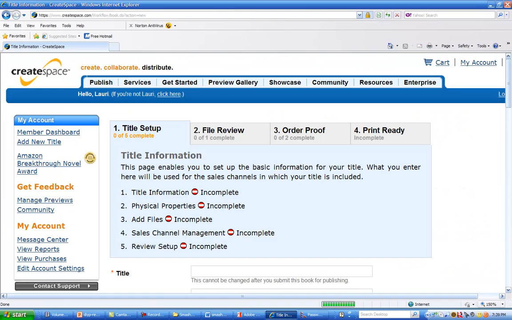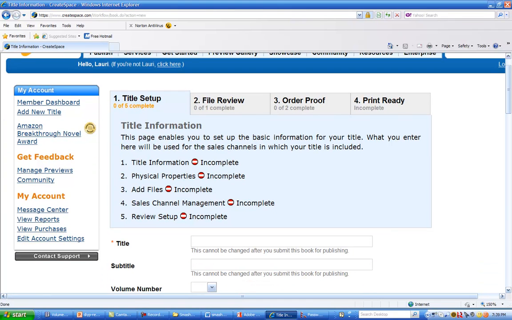Here it shows the essential process. There are 5 pieces. You need to put in your title information, the physical properties like the dimensions of the book. You want to add your files. You want to indicate what your sales channel is going to be. And then you want to finally do your review setup. This is all a part of the initial setup of the book. You will also have file review, if you notice at the top, order proof, and print ready. We'll go through all of that with this book. So again, I'm going to use Export to Explode as an example, and I'm going to say volume 2 because